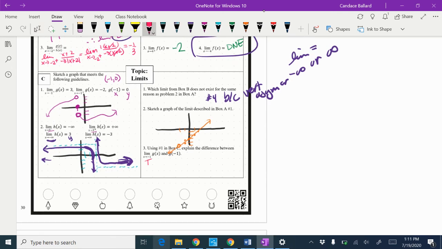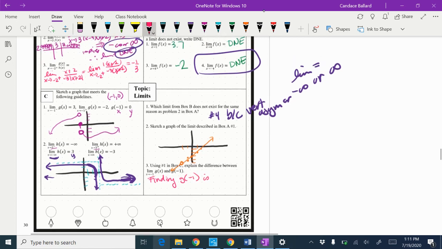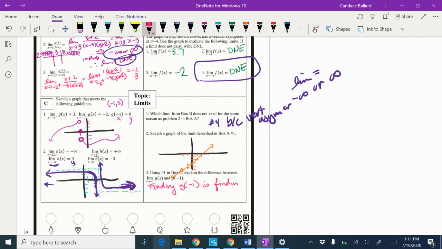So when we find g of -1 is finding what the y value equals when x equals -1, but finding the limit as x approaches -1 of g of x